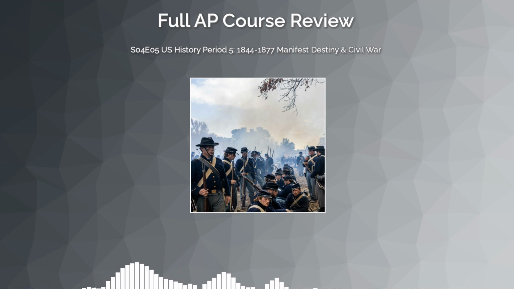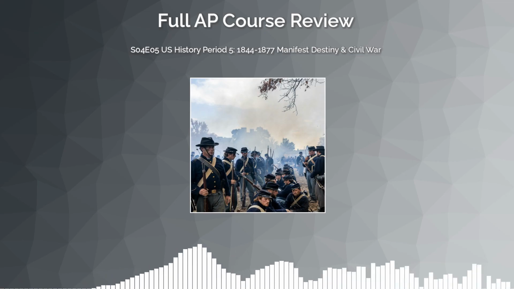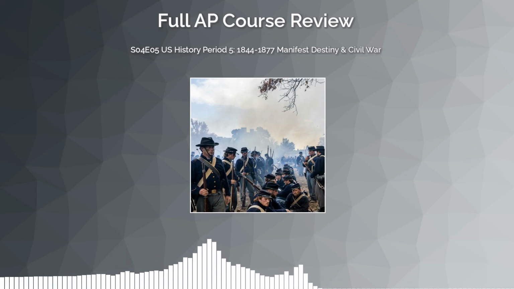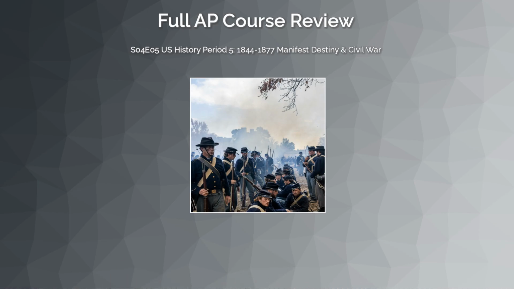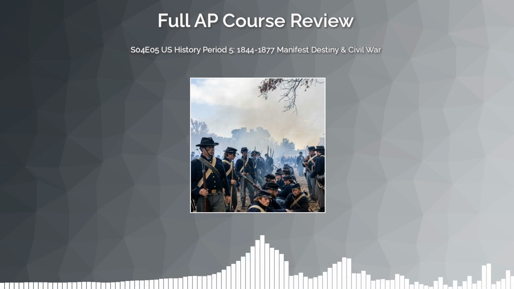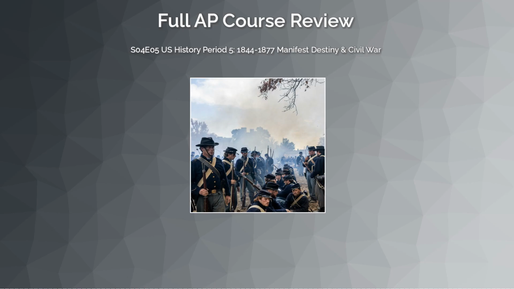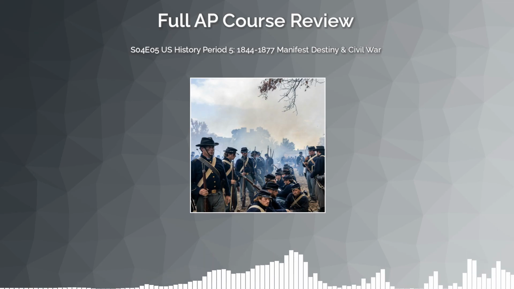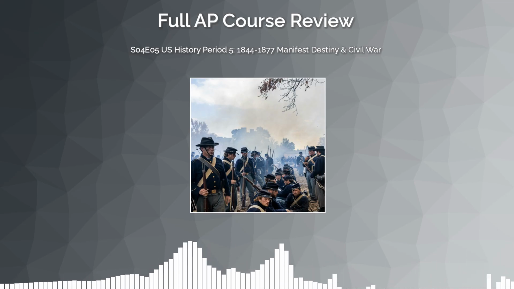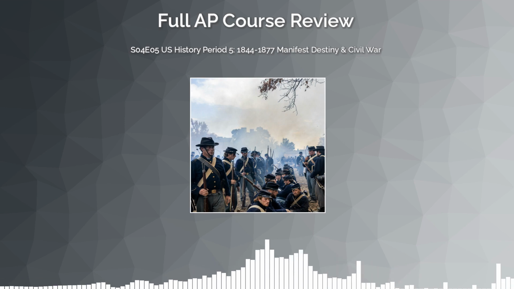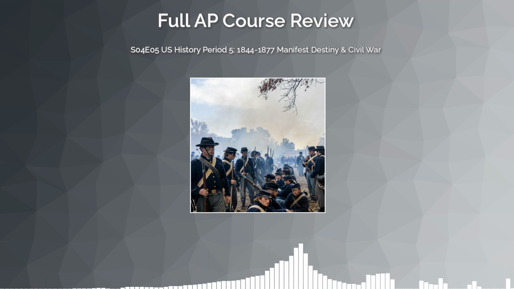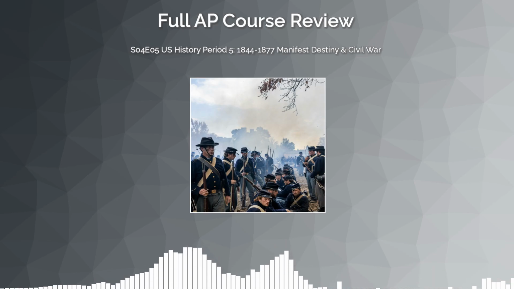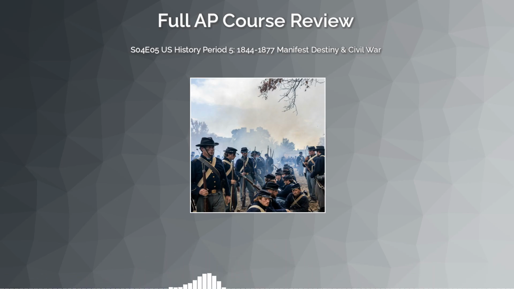Oregon, Texas, and the politics of expansion. Now let's ground this in the actual events of the 1840s, because the AP exam will absolutely test specific territorial acquisitions. The two biggest flashpoints are Texas and Oregon, and they're worth comparing side by side. Texas had been an independent republic since 1836, when American settlers who had moved there under Mexican invitation, mind you, revolted against Mexico and declared independence.